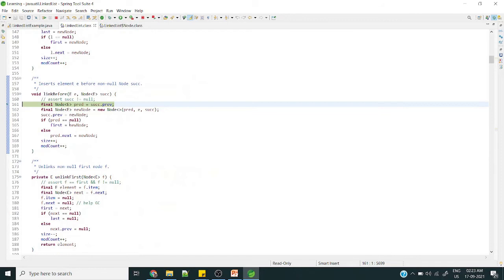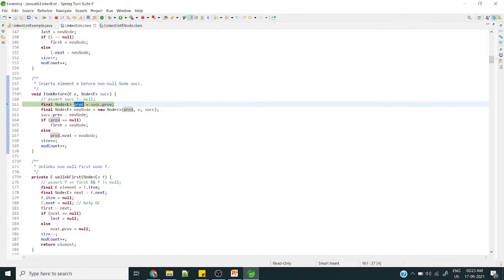Now we are going to link before. This is the current index we pass from the code. This is the node at the index we passed, and this is the data we pass from the code.